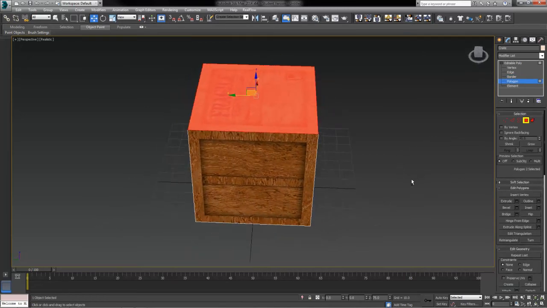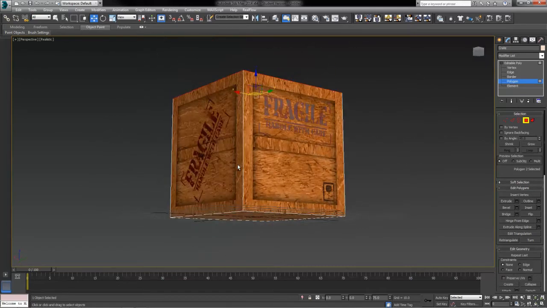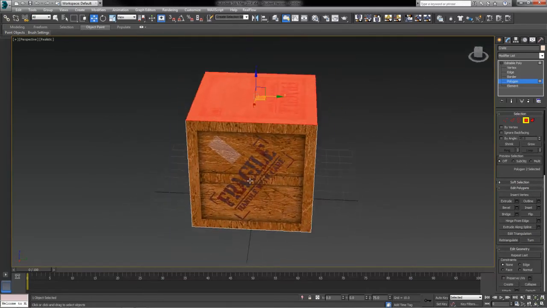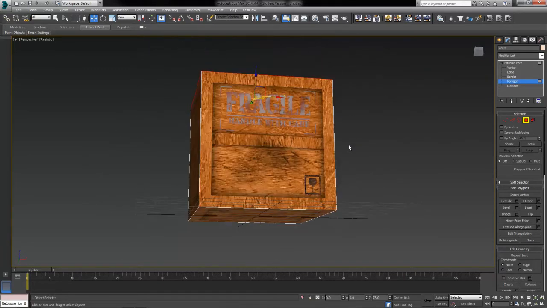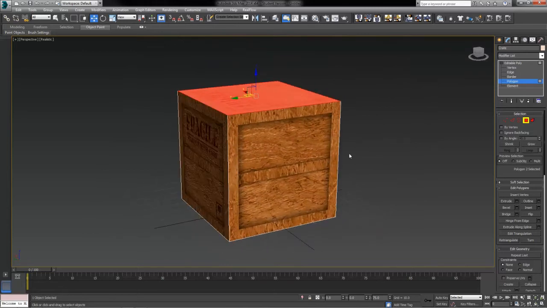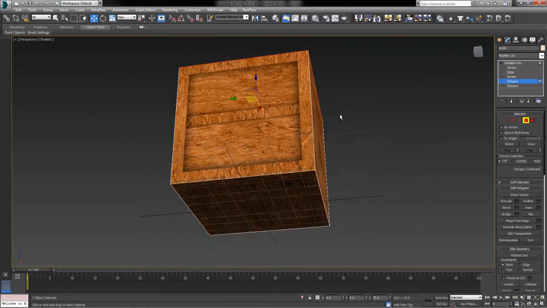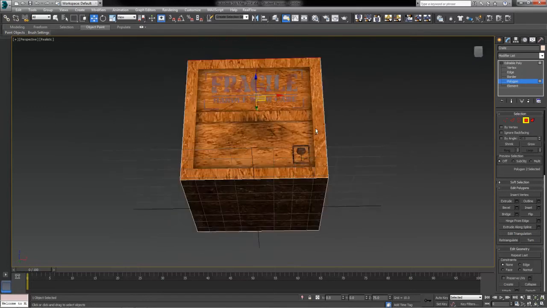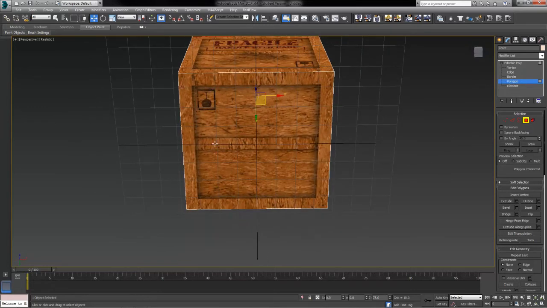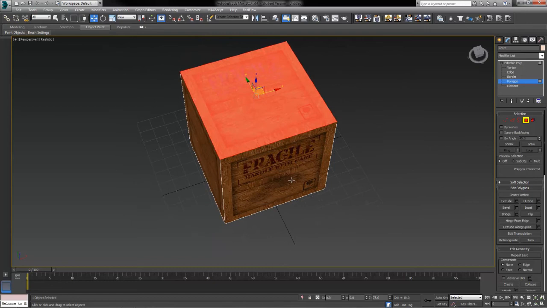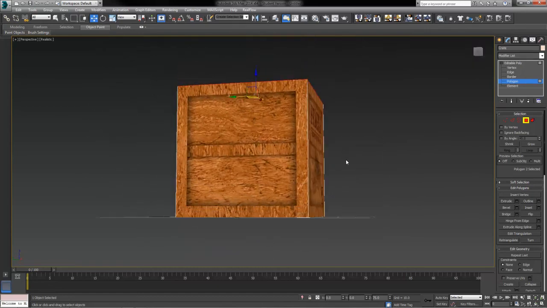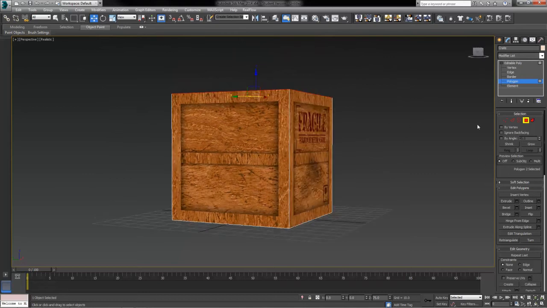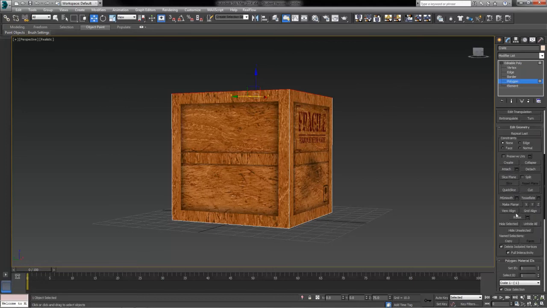Let's take a look at this box here. Let's say we've got a top, a bottom, and 4 different sides. If this is me, I want my bottom to have no graphic on it, my sides to have the most graphics, and my top to maybe have one of them but not the majority. So right now we've got a lot of things that are a little bit backwards. The one on the bottom is the one that I kind of want to be the one on the top. The one on this side is the one I kind of want to be for the bottom of my crate, etc. So what we need to do is over in our Edit Poly settings, we're going to scroll down until